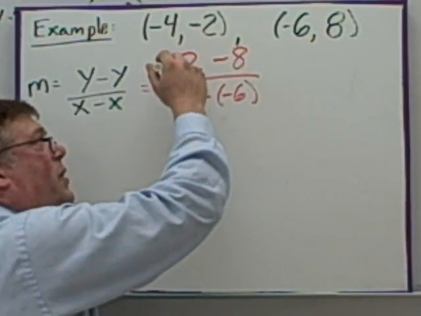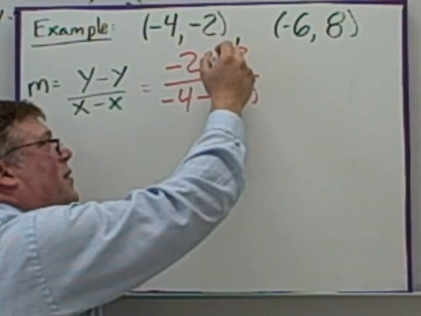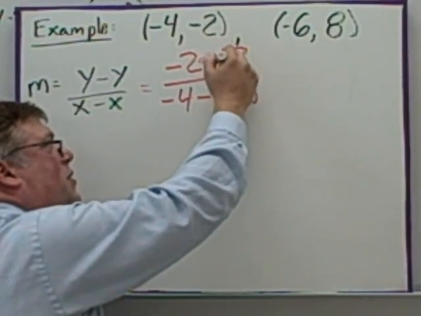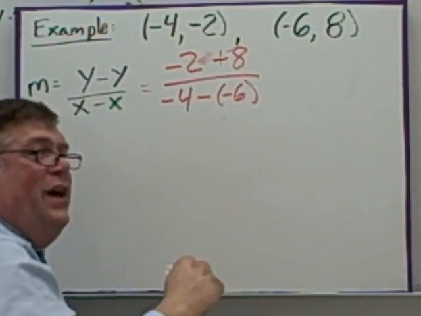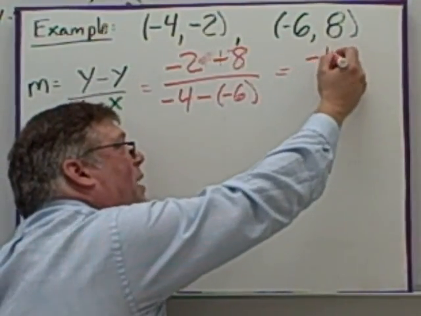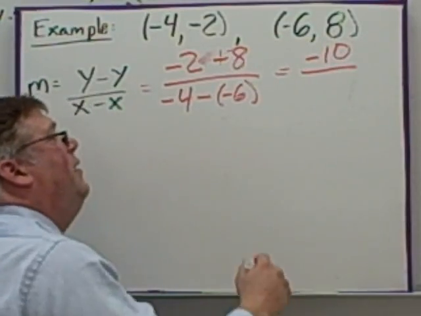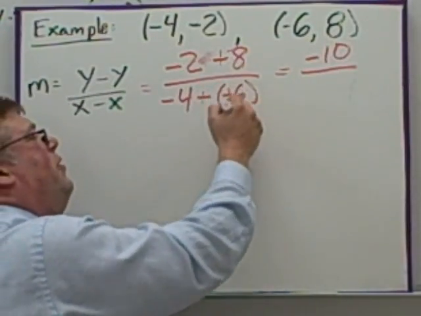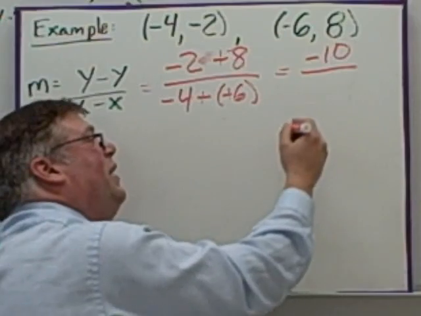Now for the top here, if we do the keep it, change it, keep it, change it, we're going to be adding 2 negatives. When you add the 2 negatives, you add the 2 together, and the answer is going to be negative, so you get negative 10. Here we do the keep it, change it, we end up with negative 4 plus 6,